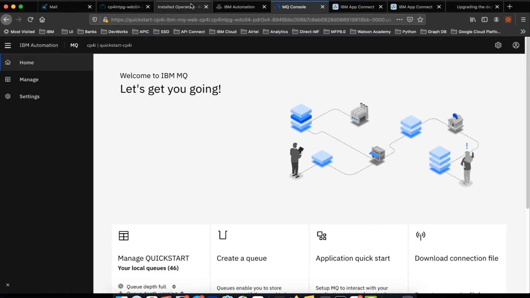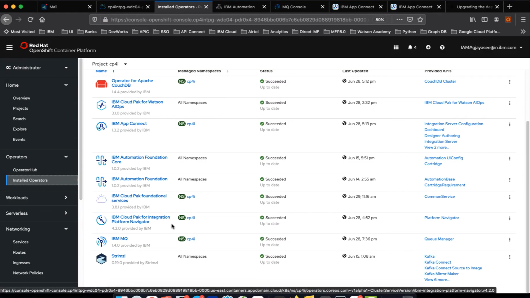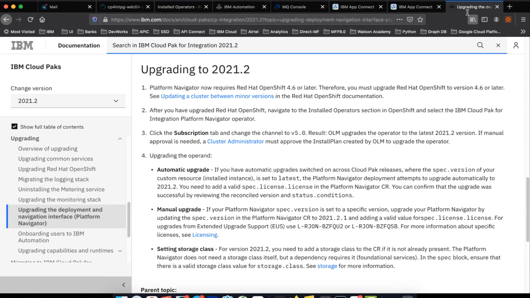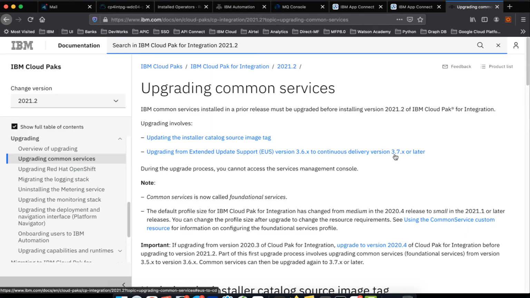So with this, let us see how we can upgrade the Cloud Pak for integration. As I said, common services. Before I started, I was trying to install the older version of App Connect. Somehow, I got the Cloud Pak Foundational Services 3.x. If you look at the documentation, the common services version required is 3.7.x or later.